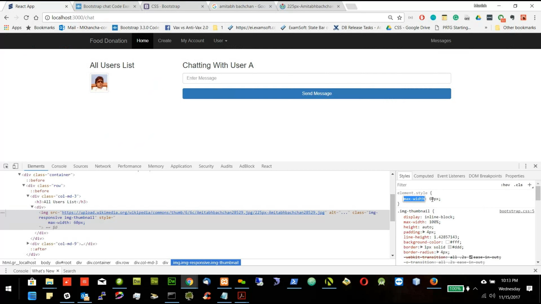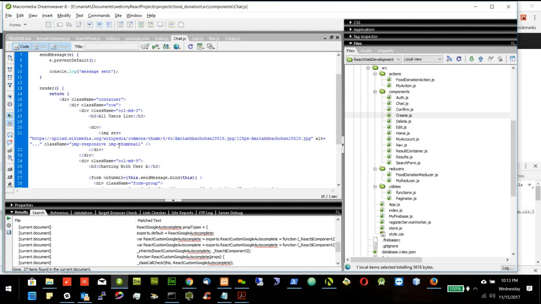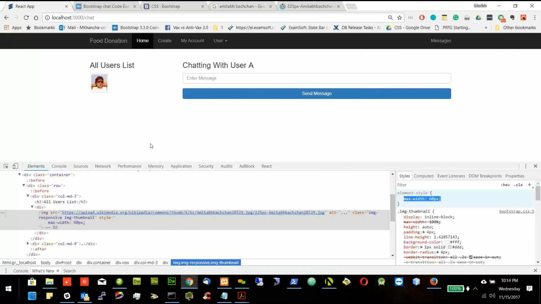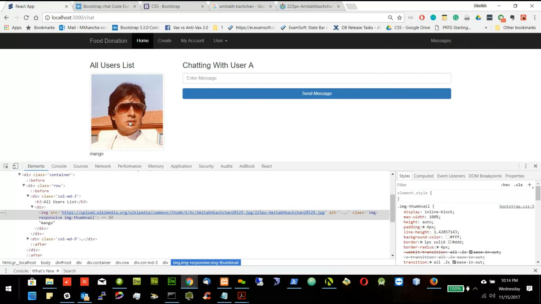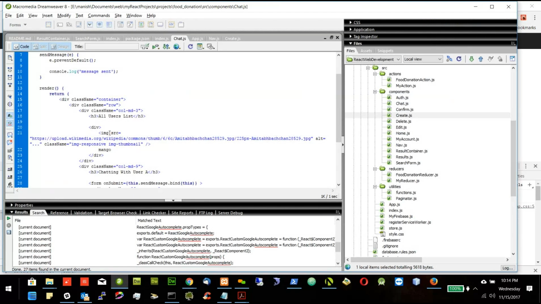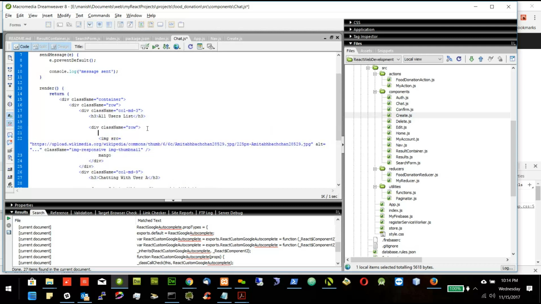Looks good. See how mango is coming. Okay, so I can put this into a row, and then I will say here